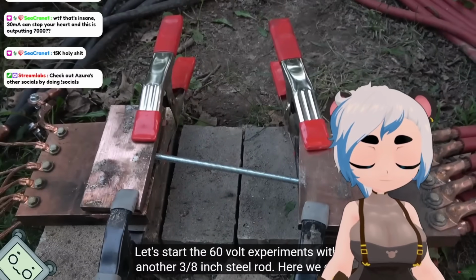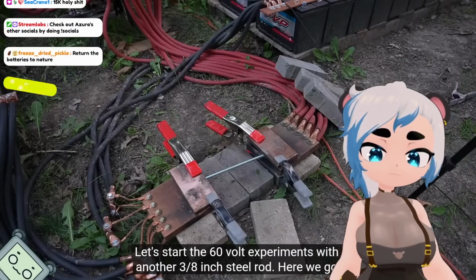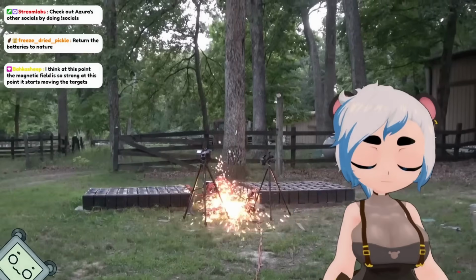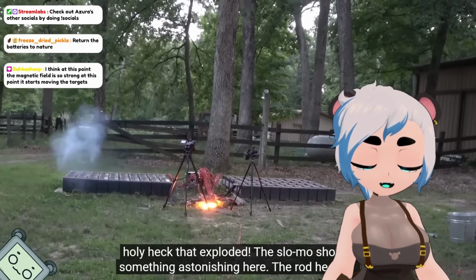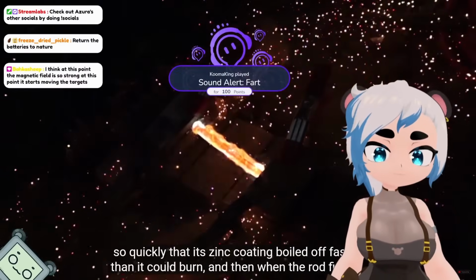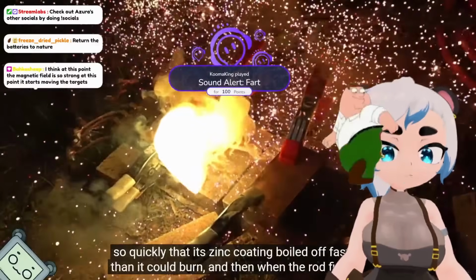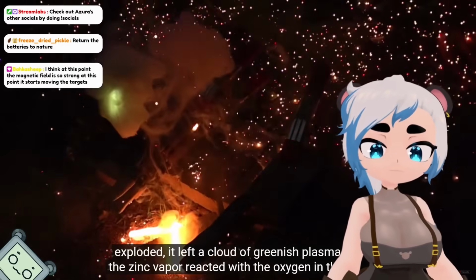Let's start the 60 volt experiments with another 3/8 inch steel rod. Here we go. Holy heck, that exploded! The slow-mo shows something astonishing here. The rod heated so quickly that its zinc coating boiled off faster than it could burn. And then when the rod finally exploded, it left a cloud of greenish plasma as the zinc vapor reacted with